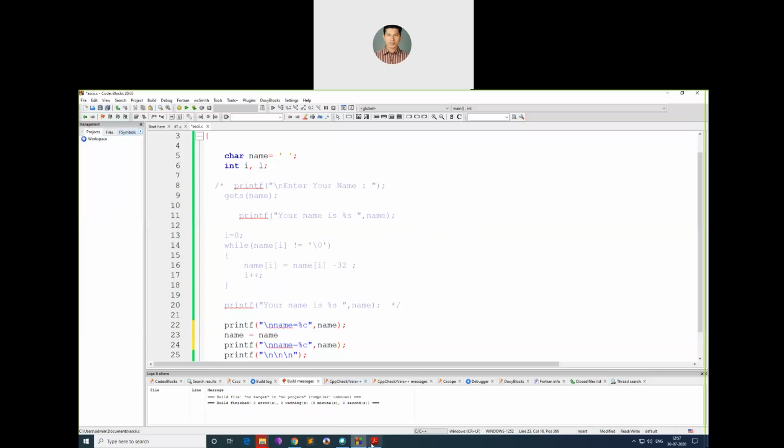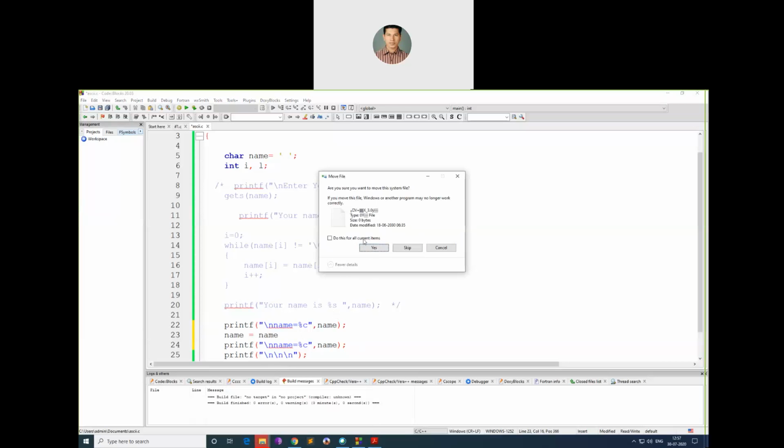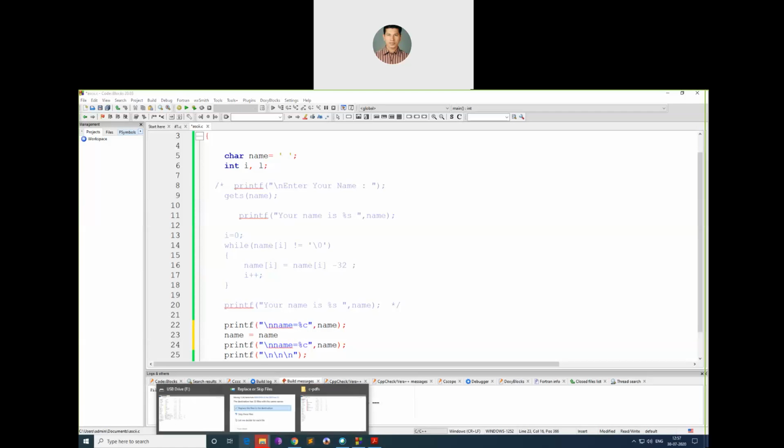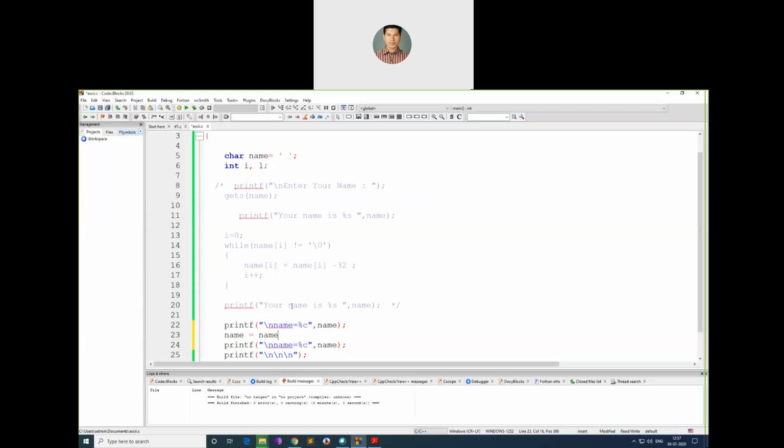I was converting this. So name equal to name, so what is uppercase? Uppercase is minus 32. I was doing minus 32.